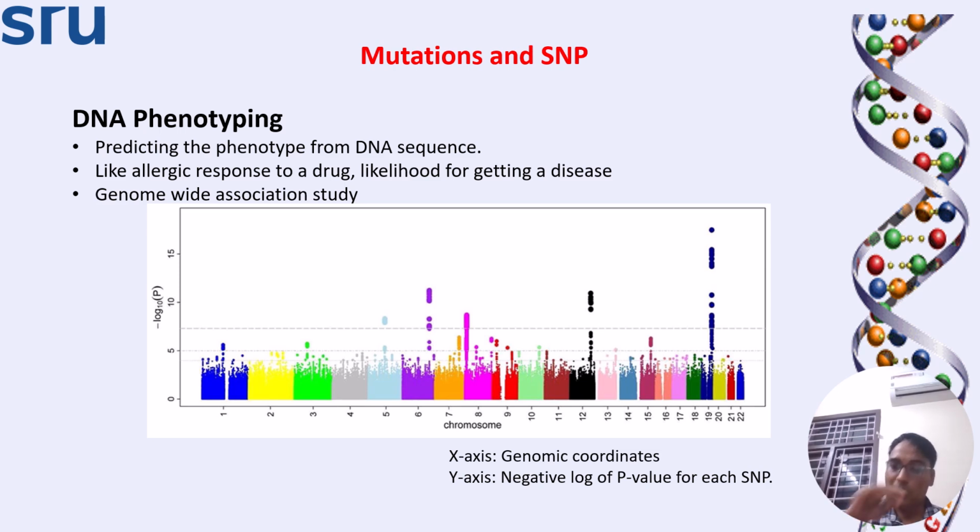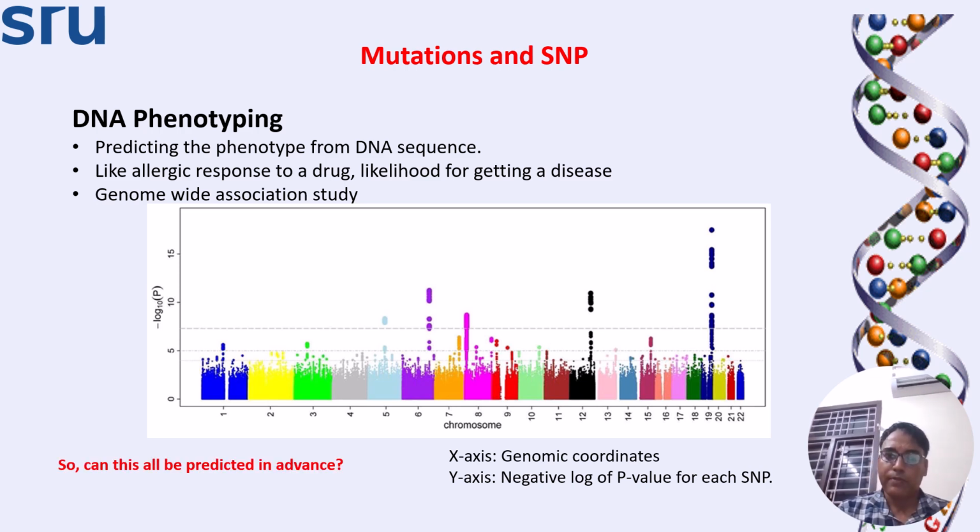What is the probability of a certain specific base present in a population? This defines how many possible mutations are there at that particular base. If more categories of bases are present at a single place, it means that position is highly variable. But somewhere it is different. So this is termed as genome-wide association study, which is used for the SNP analysis. We'll be discussing it later in the course.